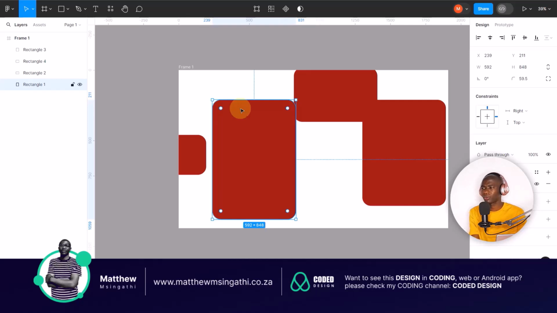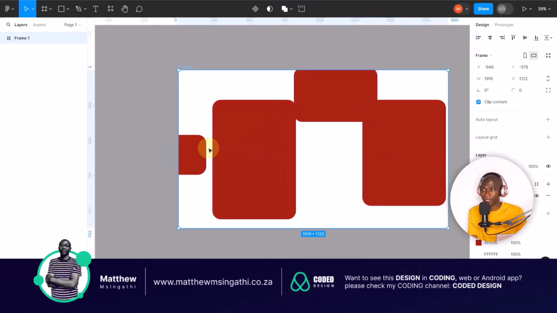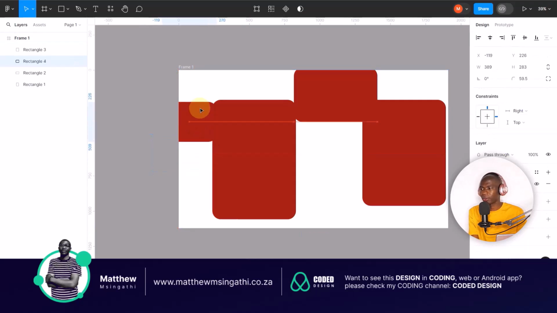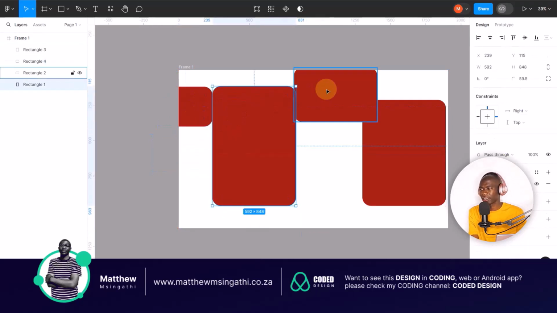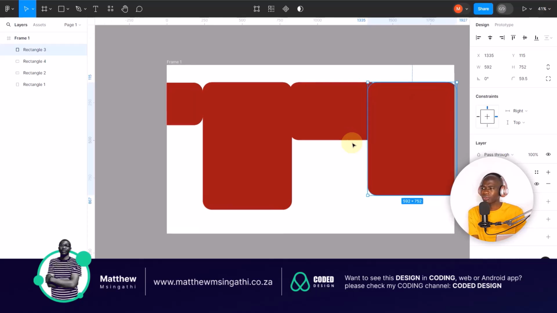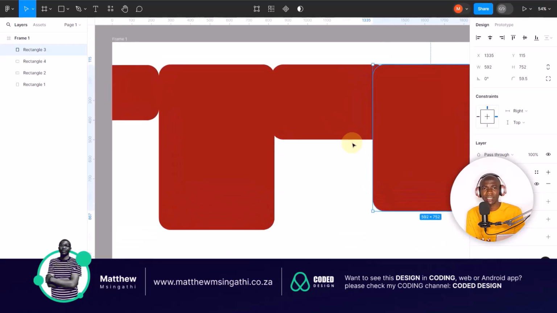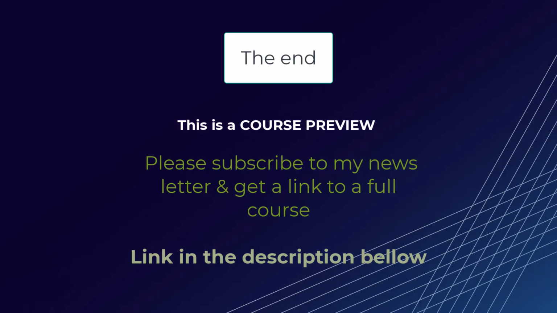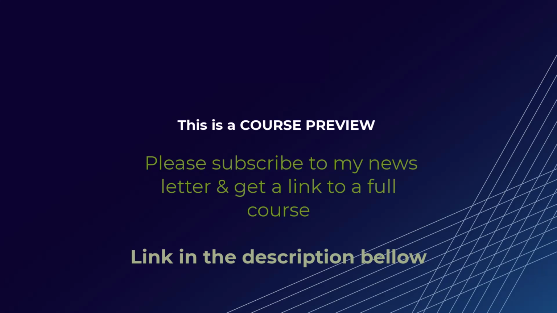So what we want to do is arrange these elements in such a way that they all start from the top. Not only do they start from the top, but they need to align. If we do this manually, my apologies about that, it will mean we have to take this one and this one and this one and this one. As you can see, this is somewhat there, okay? But if you zoom in, we might make some mistakes, because we are human beings. When objects are too far, at some point, they look like they are aligning. But as a